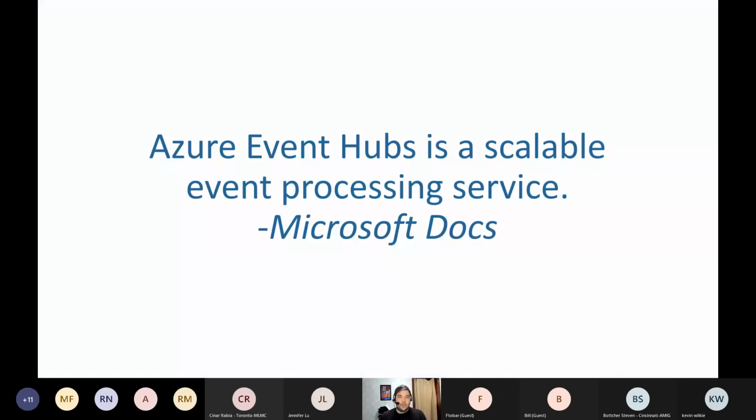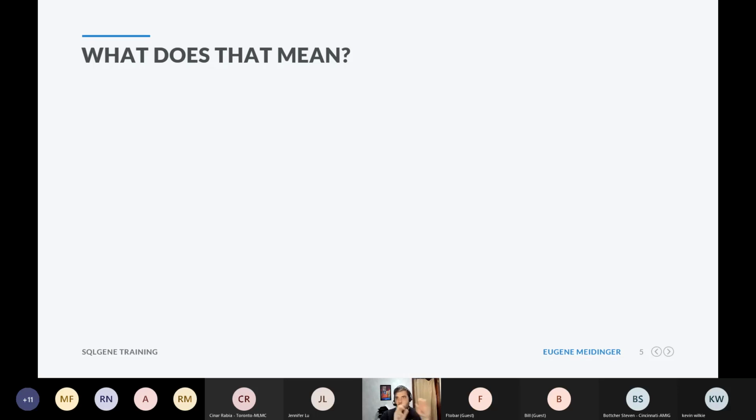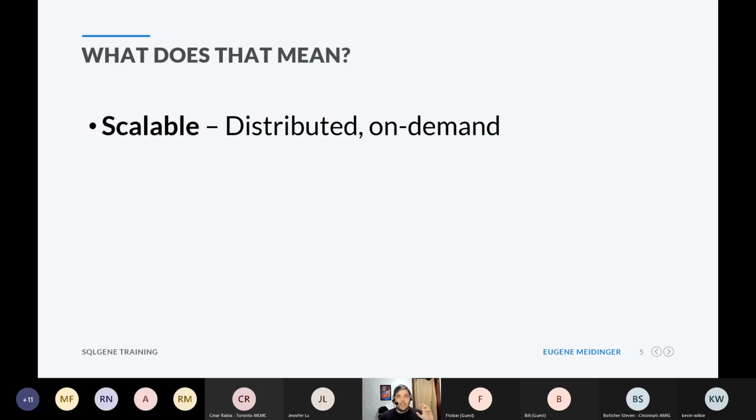Well, if we look at the Microsoft documentation, they say that Azure Event Hubs is a scalable event processing service. Well, what does that mean, right? And there's three pieces that I want to pull out of that. So the first is scalable. So it is both